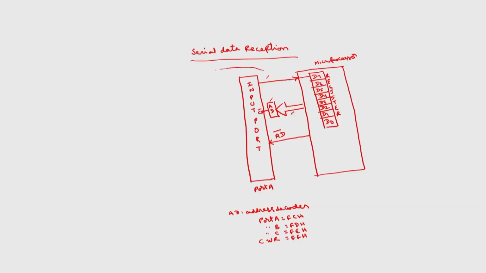So, what will the received waveform be? The first bit will be the start bit 0, then 1, 0, 1, 0, 0, 1, 0, 0, 1, then 1, 1. This is the start bit. First the start bit will be received, then the character. The character is this, 4 and 9 character, then 2 stop bits will be received.